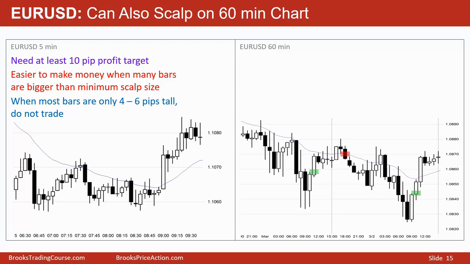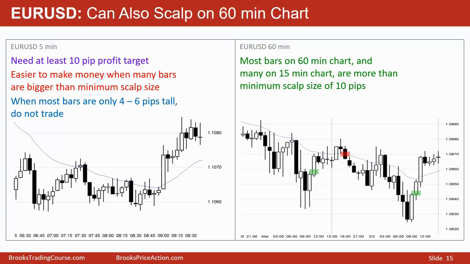On the other hand, look at the 60-minute chart and on many 15-minute charts. Many of the bars are more than 10 pips tall, so many of them are more than a minimum scalp size, and that makes it easier to make money. Buying a reversal up here, buying a reversal up here, 2 legs down, 1 pullback 2, and a trading range, micro double bottom, down and up on that bar, down on this bar, up on that bar,